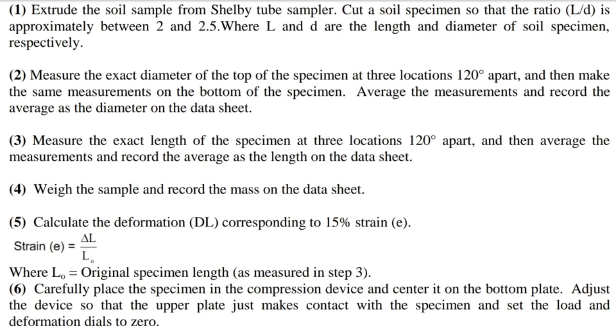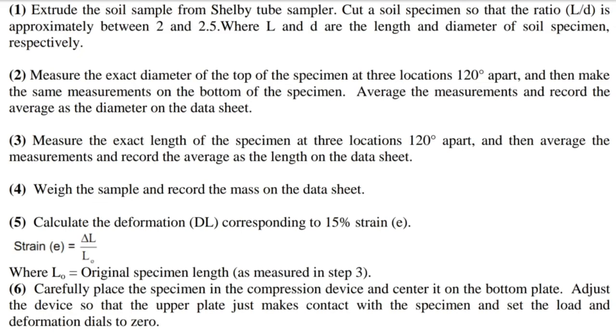5. Calculate the deformation delta L corresponding to 15% strain epsilon. Strain epsilon equals delta L by L naught, where L naught is the original specimen length as measured in step 3. 6. Carefully place the specimen in the compression device and center it on the bottom plate. Adjust the device so that the upper plate just makes contact with the specimen